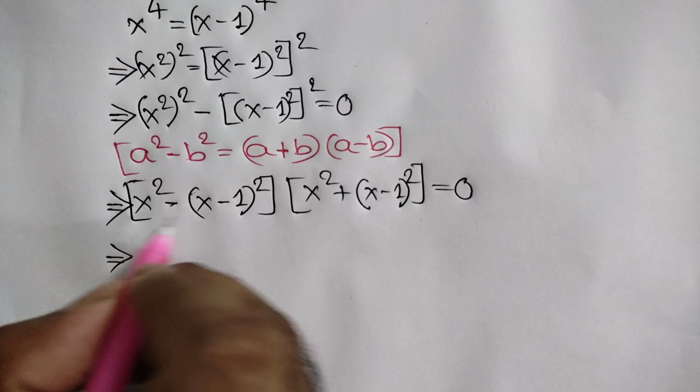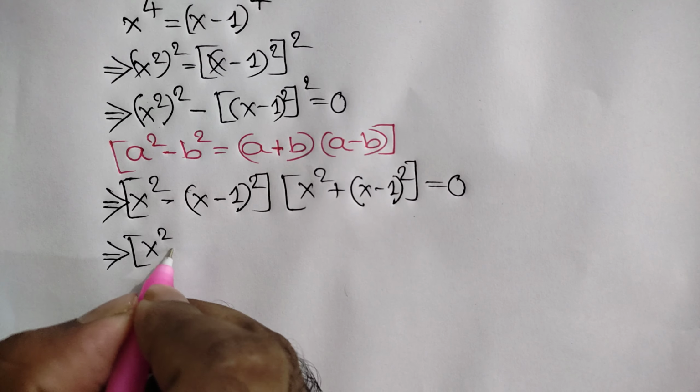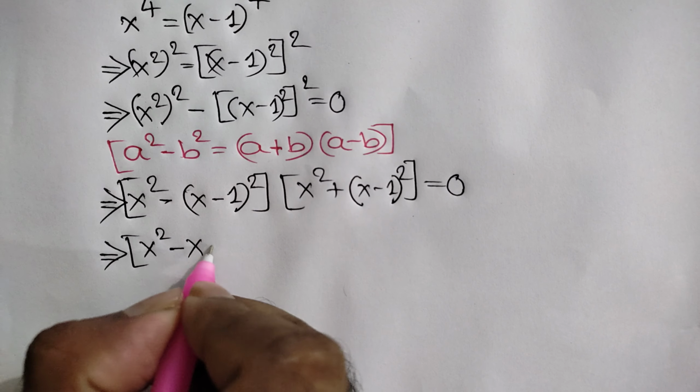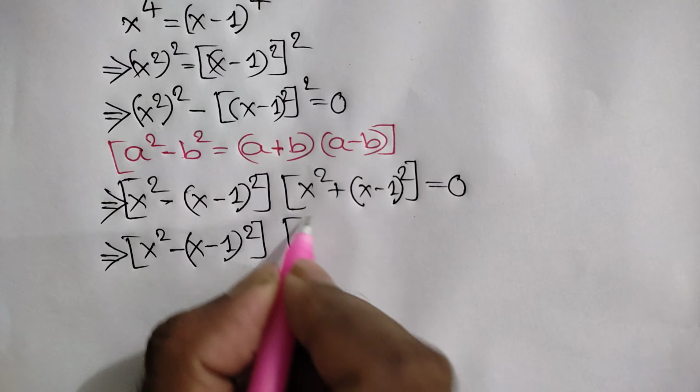Or now we can write x² minus (x − 1)² times